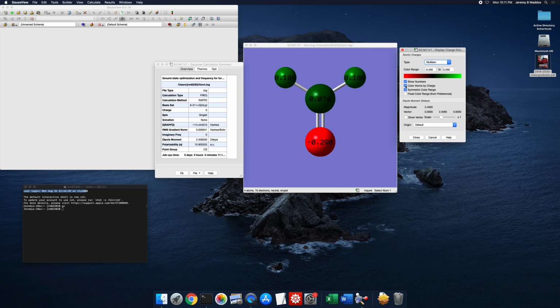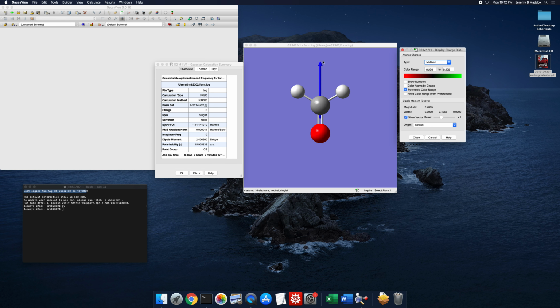I'm going to go ahead and turn those quantities off. And what I'll go to next here is displaying the dipole moment of the molecule. So we talked about the dipole moment in a previous video. Here's how you display it using GaussView. You just click this button, and I'm going to zoom out a little bit, and it shows you here that in the GaussView window, it shows the dipole moment as a vector pointing from the center of charge of the molecule, which is right here, and it shows it pointing